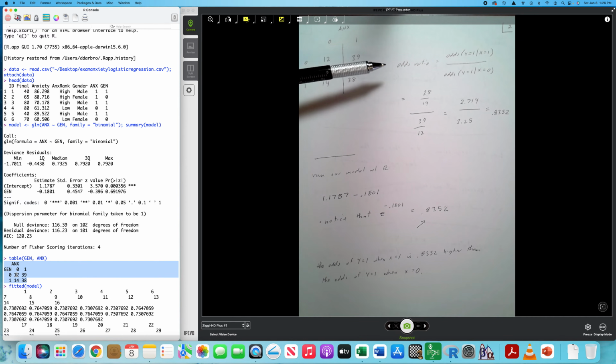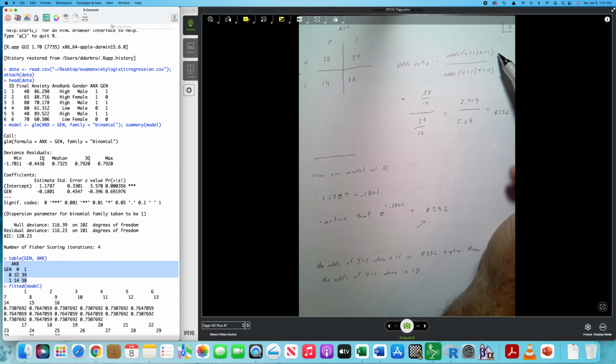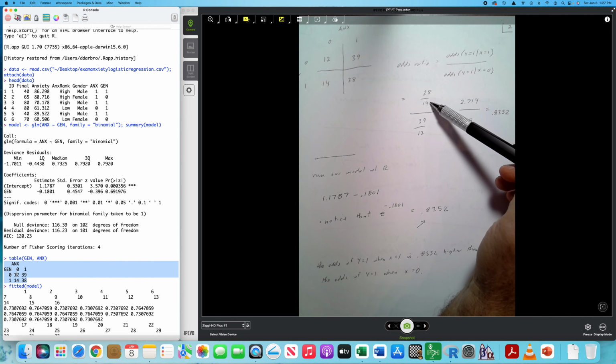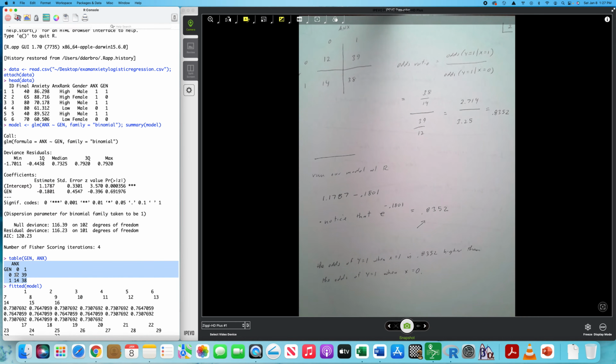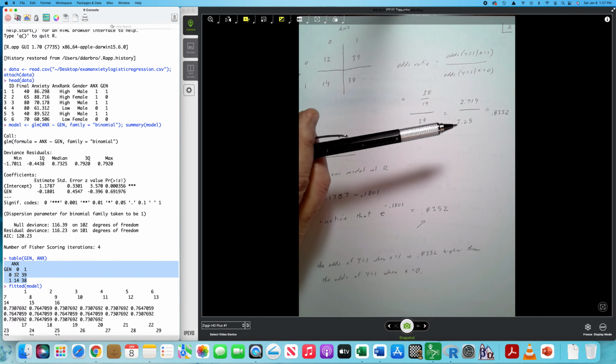Now, because I've established that I'm making these odds calculations based on y equal 1 and x equal 1, I can compute the odds that y is equal to 1 given x equal 1, to the odds of y equal 1 when x is not equal to 1, or x is equal to 0. You can see that the odds for y equal 1 when x is equal to 1 would be 38 over 14. And the odds when y is equal to 1 when x is equal to 0 is 39 over 12. When I divide an odds by an odds, I get an odds ratio, which is ultimately